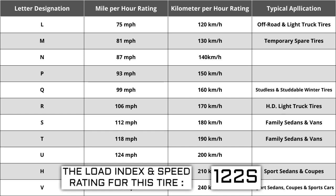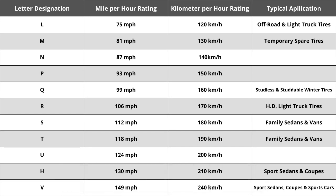per hour. High-performance racing tires speed rated 168 miles per hour or higher are marked ZR. Originally, tire speeds were just S, H, or V, S being the slowest, H being the middle, and V being the fastest. Over the years, as tire speeds have evolved, for whatever reason, H has always remained the same, 130